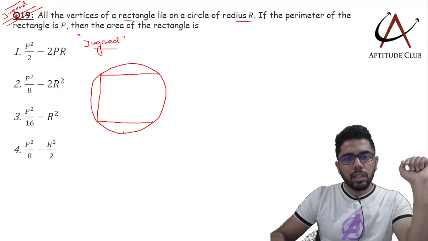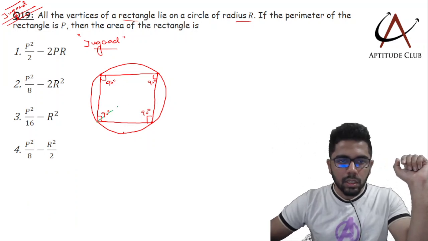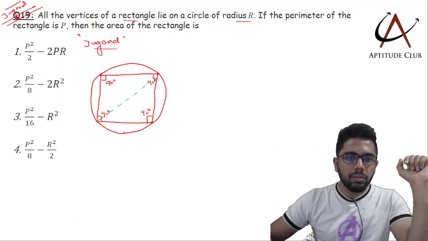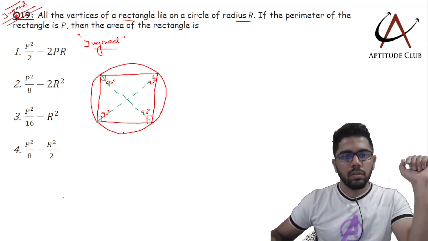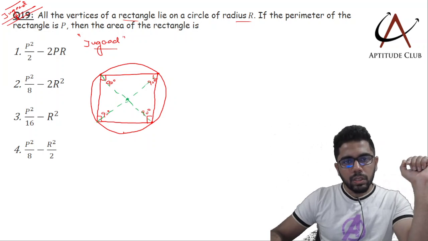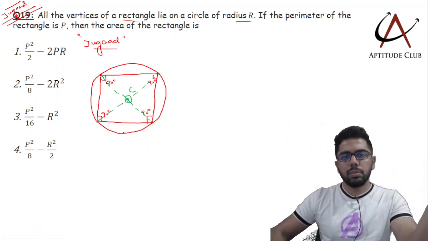इसके सारे vertices lie on the circle, and now because each angle is 90 degrees, rectangle का each angle is 90 degrees, and circle का हमें property पता है that angle in the semicircle is 90 degrees. So I can say the diagonal of this rectangle will be the diameter of the circle, and the point of intersection of the diagonals is the center. ये दो चीजें कंक्लूड करना ही पड़ेगा, होगा ही यहाँ पे।